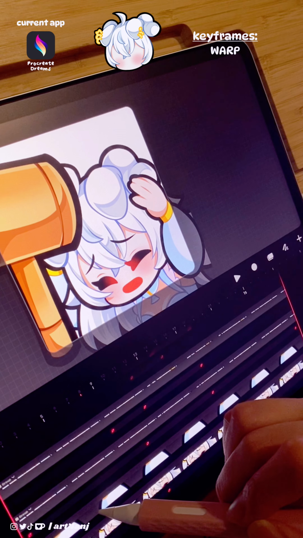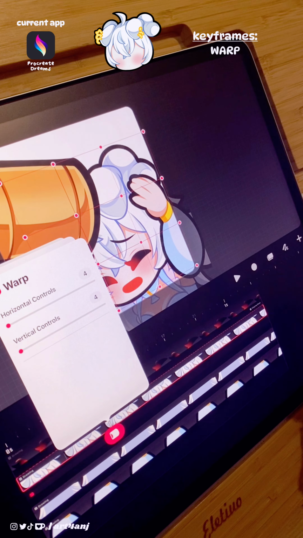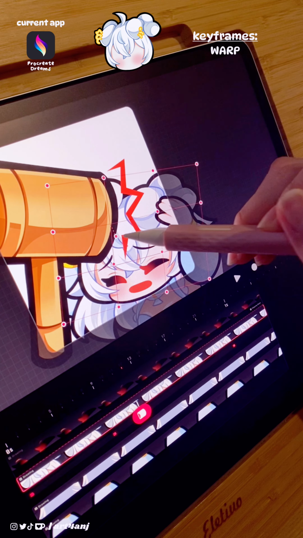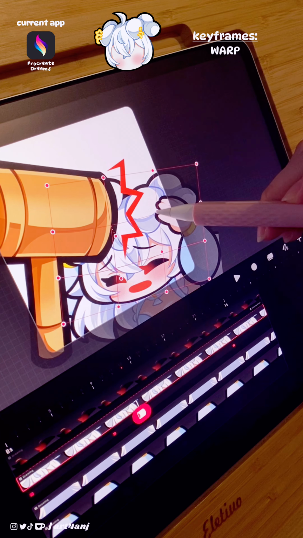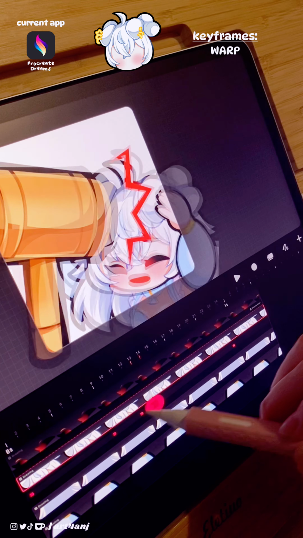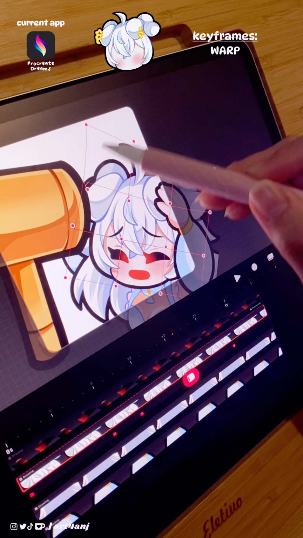Now we're getting to the keyframing part, which I will be using warp for this one instead. I'm not going to use any transformation layers because so far it's moving well as a group. So the only thing I really need to do is to add a bit more dynamic using the warp animation.